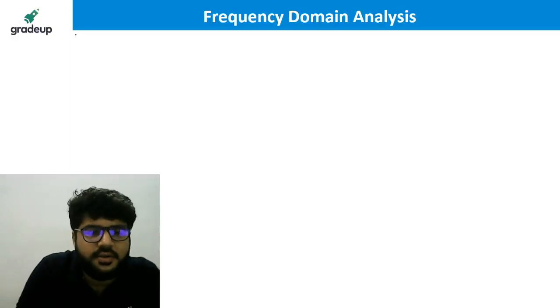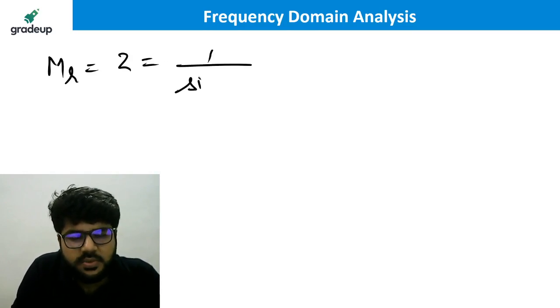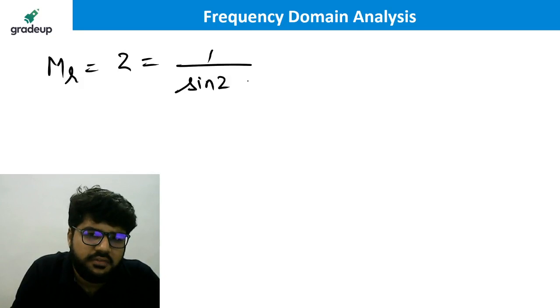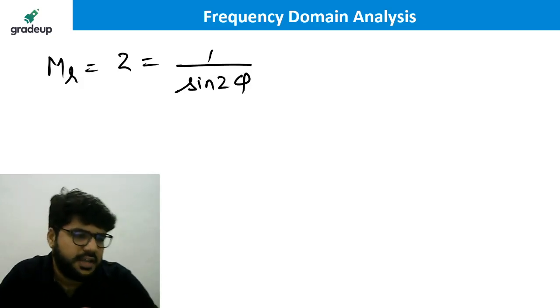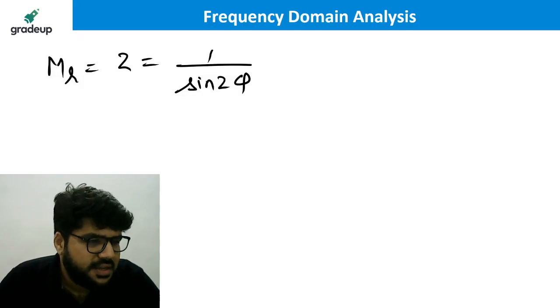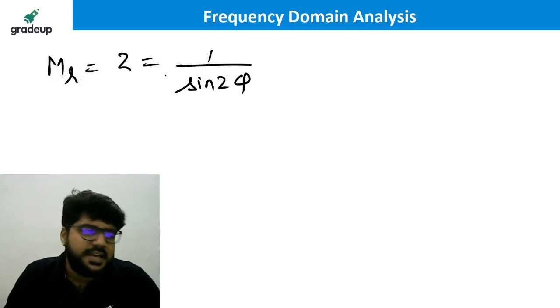If you want, directly use the last method that I have told. MR is equal to 2 and use it as 1 by sine 2 phi. So you will not involve yourself in the quadratic equation. Shubham, approximately correct. Correct, Ramya, correct. Yeah, Abhijit and Grish are giving the correct answer for zeta. Masoom and Ramya, correct answers finally. Yes. So MR is equal to 2.